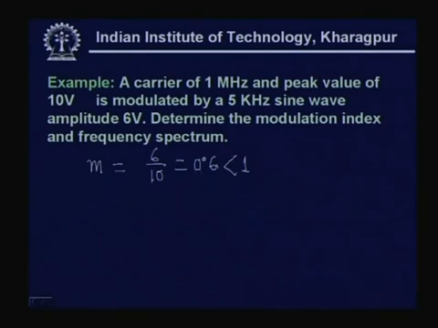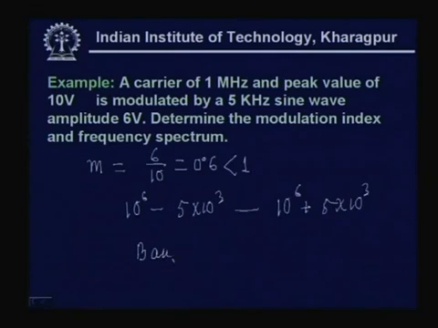So, what will be the range of frequencies? 1 megahertz minus 5 kilohertz, that means 10 to the power 6 minus 5 into 10 to the power 3, to 10 to the power 6 plus 5 into 10 to the power 3. So, you see this will be the range of frequencies, and bandwidth is the difference of the two, that means it is equal to 10 into 10 to the power 3 hertz, or the